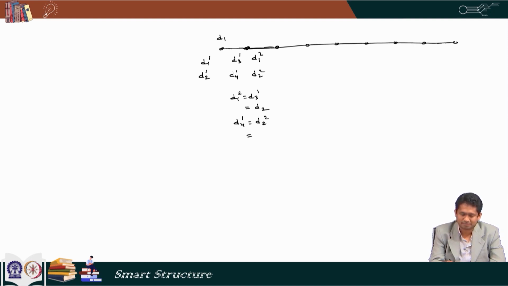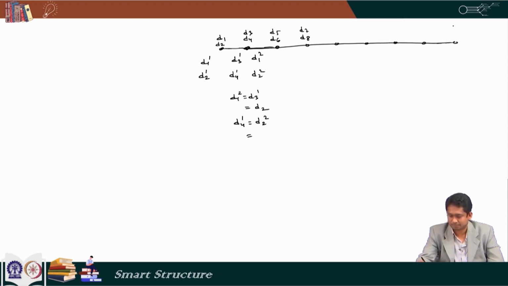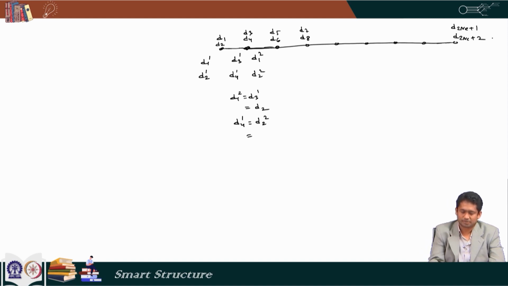So, globally this is the first degree of freedom. So, it is D1, first node first degree of freedom, and then D2. Then globally I have after that D3, D4, D5, D6, D7, D8 and we can go on. Finally, I will have D 2Ne plus 1 and D 2Ne plus 2. So, we can say that D31 is equal to D12 is equal to D3 and D41 is equal to D22 is equal to D4,